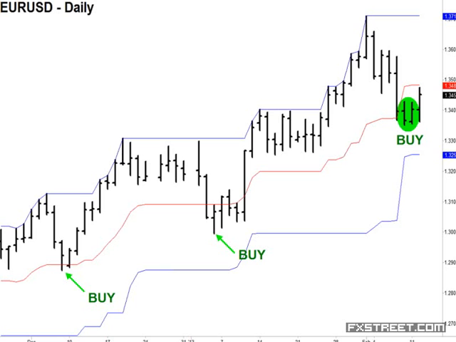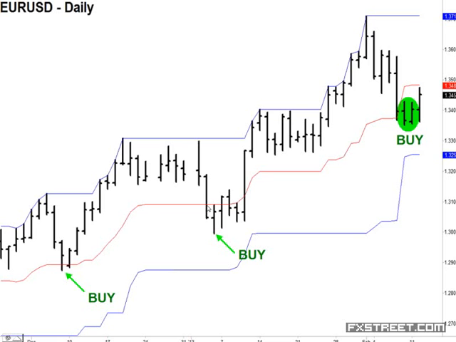Now once again, this was all done without the aid of looking at any news reports, without the aid of any chat rooms or trading rooms. The only thing we're using is one indicator, which is the Donchian channels, and then we're looking for the particular entry we want to use. Now going back to December, we see that we were in an uptrend. Price sold off and touched the midline. If you're an aggressive trader, you would have simply entered here and look what happened. Now once again, just about a month ago at the beginning of the year, we sold off and touched again. We had another aggressive entry.